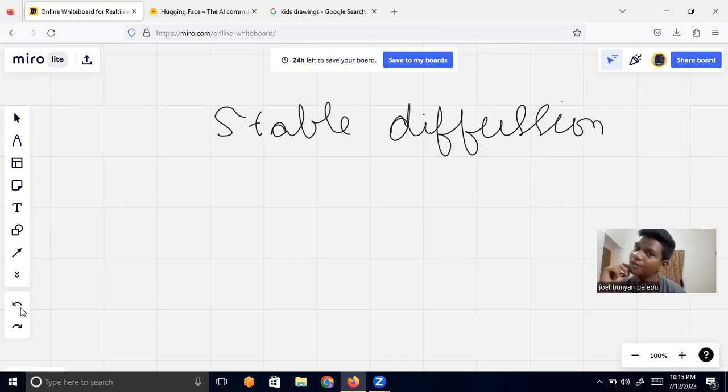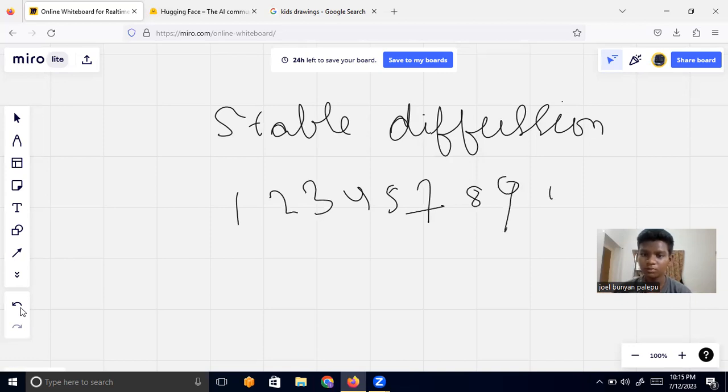For example, we have handwritten digits, right? So we have the MNIST data set in which we have many handwritten digits, written in different sizes, different shapes. Let's just take up to 10 digits, and we'll have many images for one,